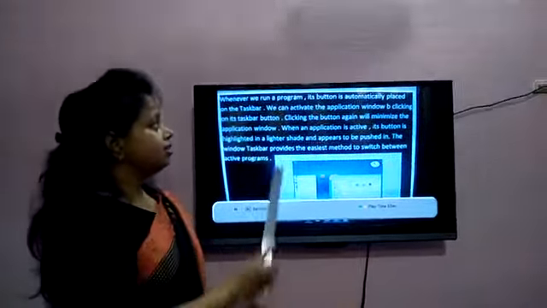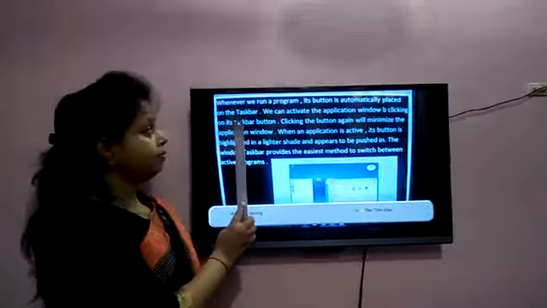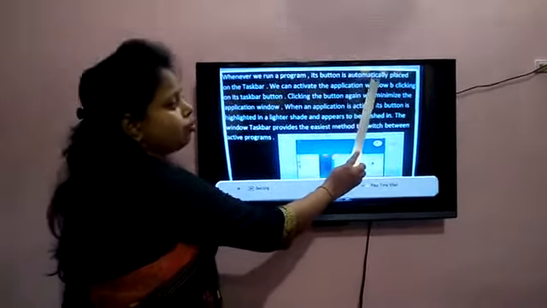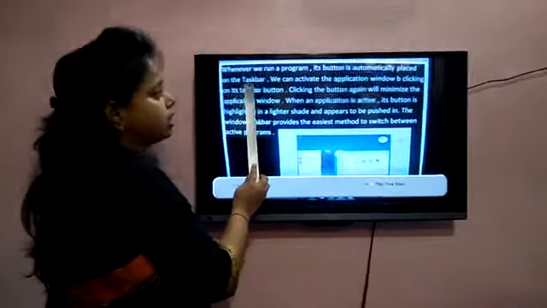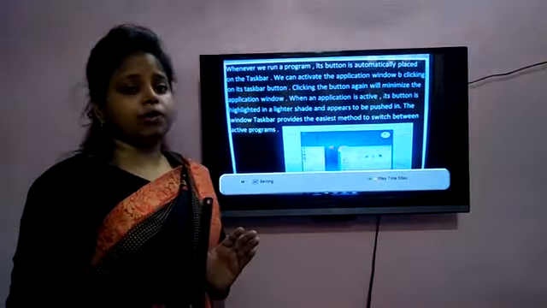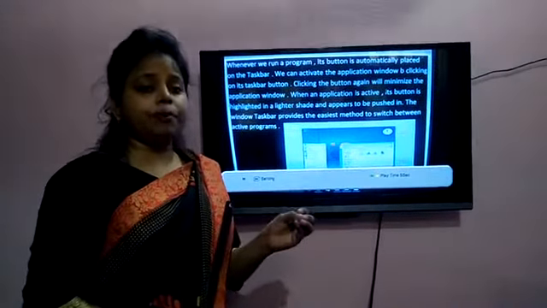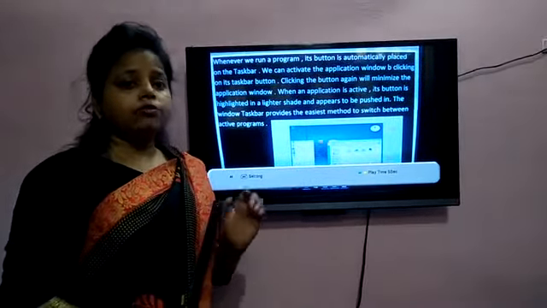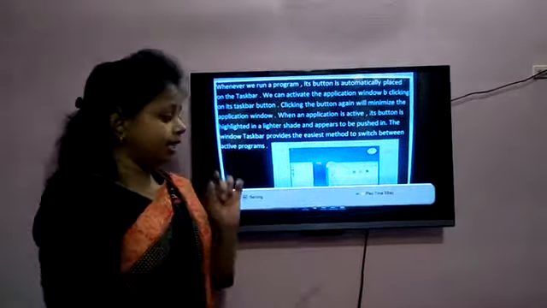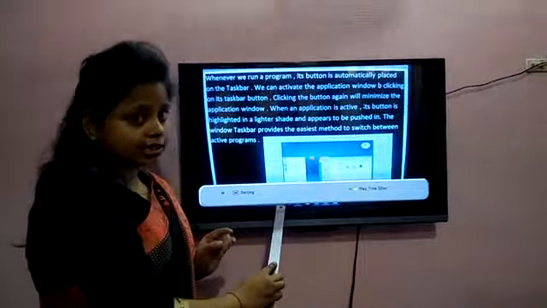This is also about the taskbar. Whenever we run a program, its button is automatically placed on the taskbar. For example, when we open Paint and use it, the Paint icon is placed in the taskbar.